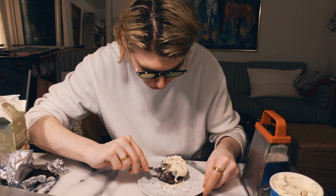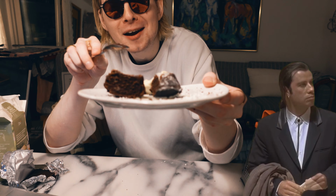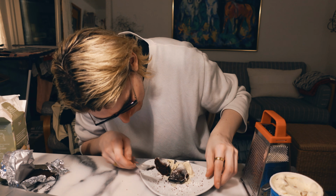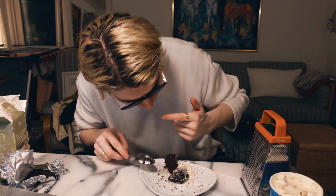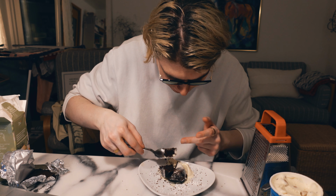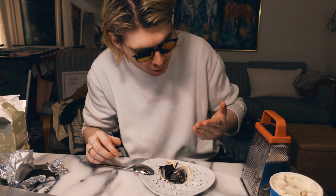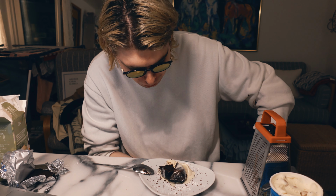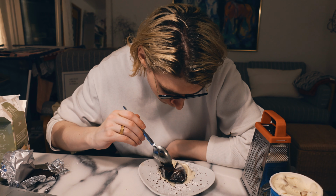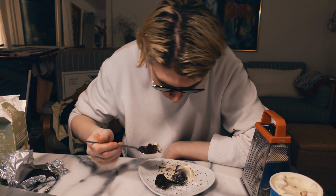So we cut into the middle of it, and there's no molten center. Okay, but I mean, I guess it's cooked. And it does taste nice, but there's no molten center. I don't know what exactly I got wrong,